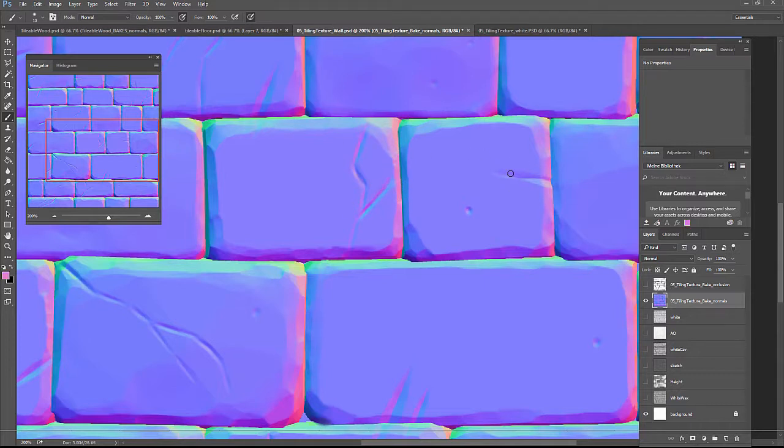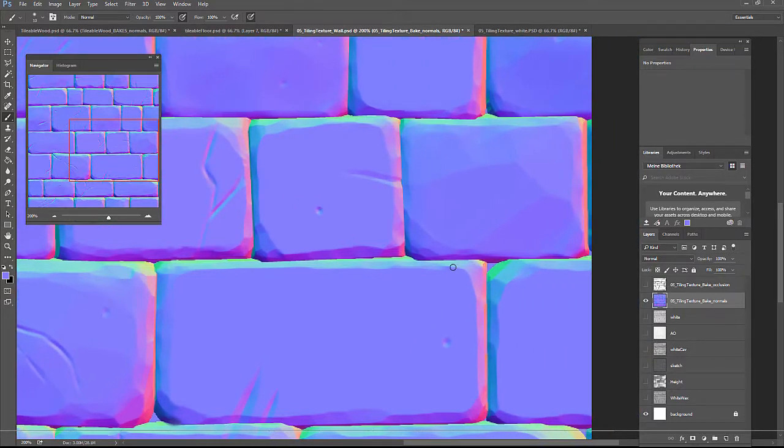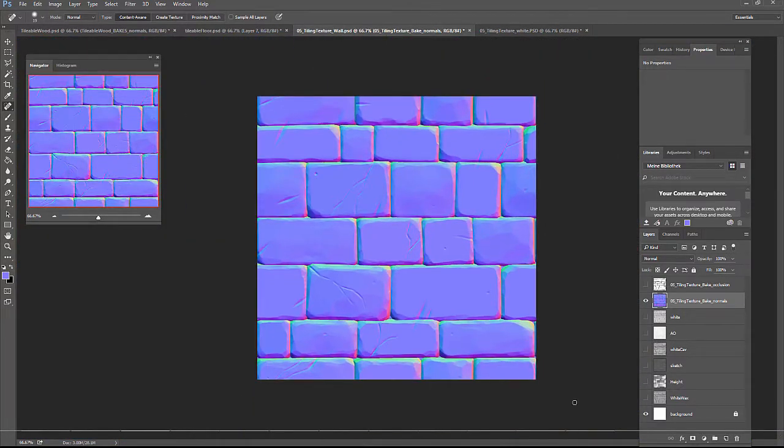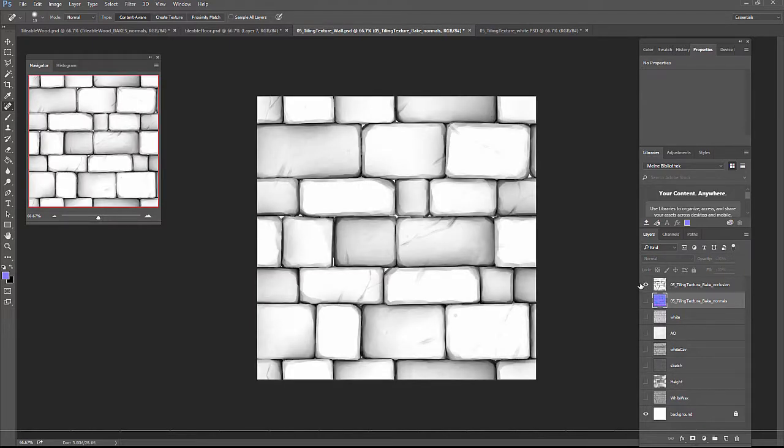This is already enough. Like this. Okay, with the normal map fixed, I'm going to check the other maps very quickly